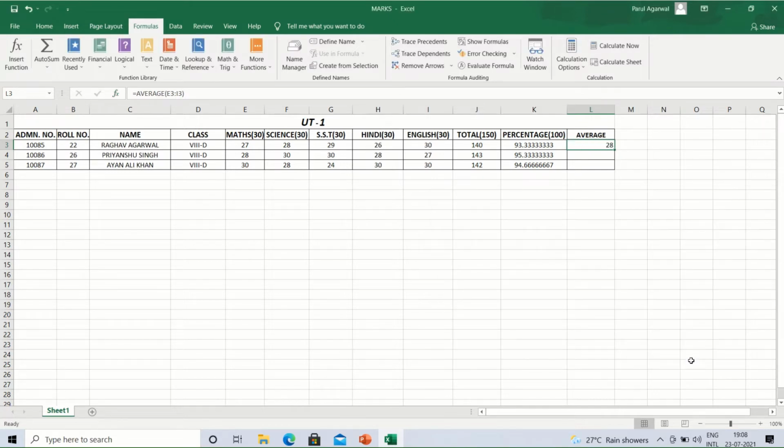As soon as we click on OK, we will get the average marks in this resultant cell, which is the active cell at present. We can see the formula in the formula bar at the top, below the ribbon, that is =AVERAGE(E3:I3). The same way we can give the formula for the second and third students also. But what we'll do is select the average marks of the first student